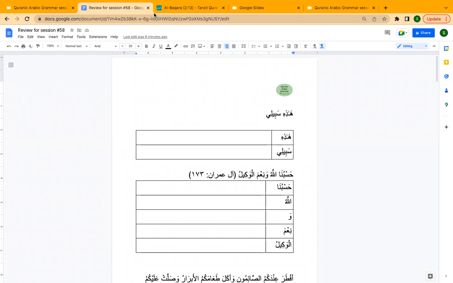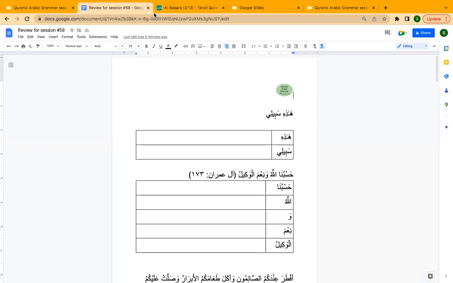One was Mufrad ism, the other two were, one was Jumla Ismiya, right? And the other one was Jumla Failya, right? So now when it comes to Mutalik bil Khabar, we have learned what we see in our Jumla Ismiya, and we can call it Mutalik bil Khabar if we see Jar Majroor, fragment, or Zarf, right? Jar Majroor, Zarf, you can label it as